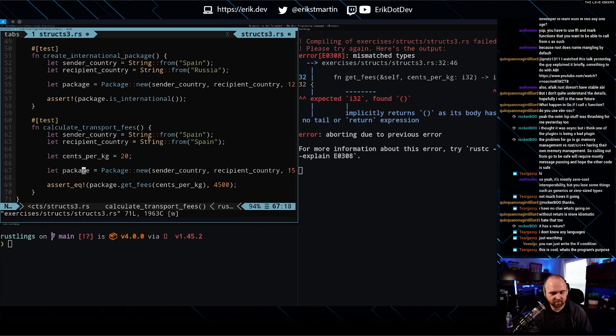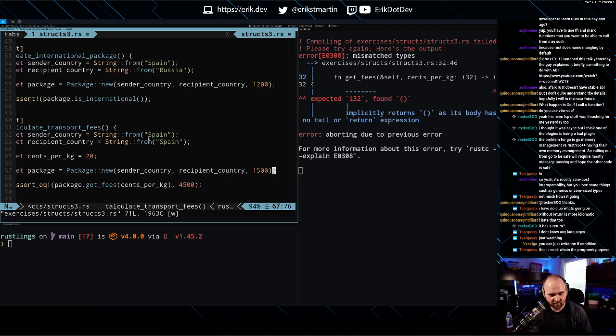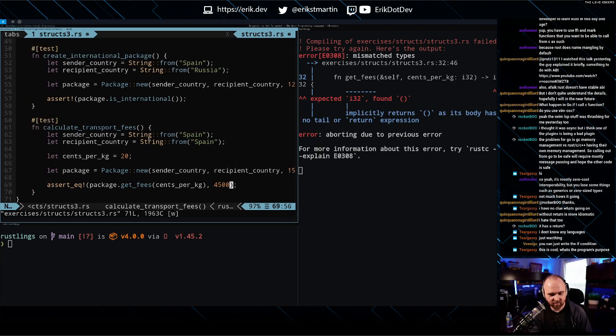Okay, so this looks like the cents per kilogram, because this is 1500, so this is 3 times that. So wouldn't cents per kilogram be 3, right?